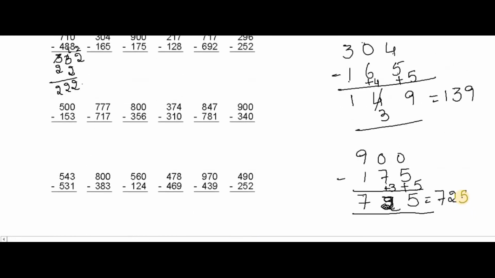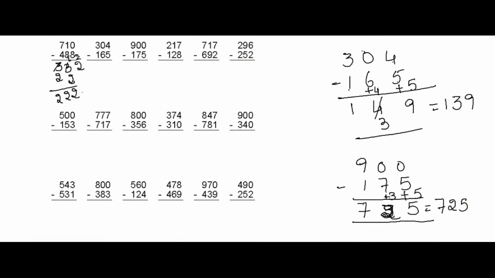We will go for some more questions like this. Now I'll try to solve in the same place itself. 2 minus 1 is 1, but it is a mismatch, so we'll write 0. And the complement of 2 is 8, 8 plus 1 is 9, but 7 minus 8 is a mismatch combination, so 7 plus 2 is 9. Like this we should write. As we all know 7 minus 6 is 1 and 1 minus 9 is a mismatch combination, so the complement of 9 is 1, 1 plus 1 is 2. But we will not write 1 here because of the 0 mismatch combination, 7 minus 2 is 5. So the answer is 0 to 5.